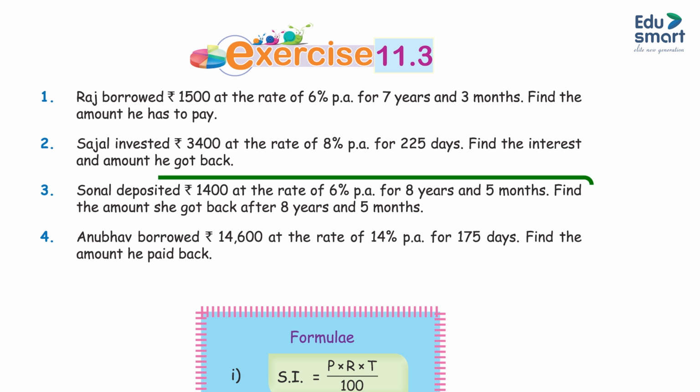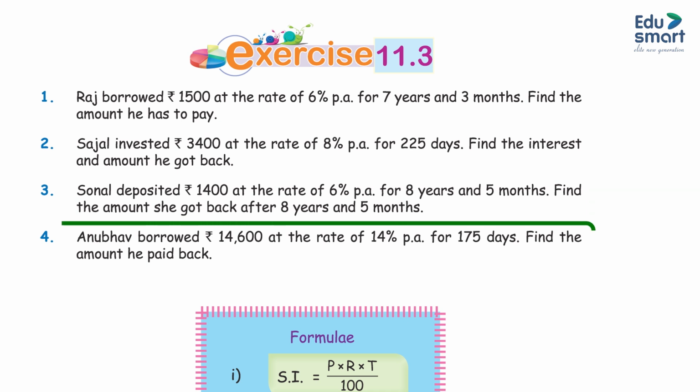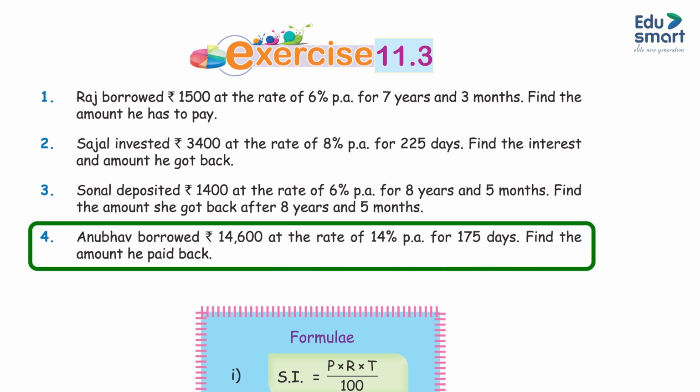3567.67. Question 3. Sonal deposited rupees 1400 at the rate of 6% PA for 8 years and 5 months. Find the amount she got back after 8 years and 5 months. Answer: 2107. Question 4. Anubhav borrowed rupees 14,600 at the rate of 14% PA for 175 days. Find the amount he paid back. Answer